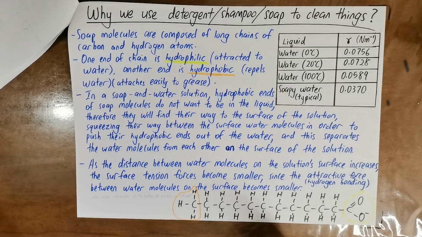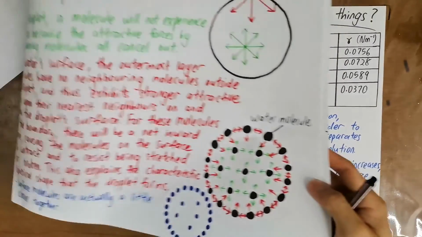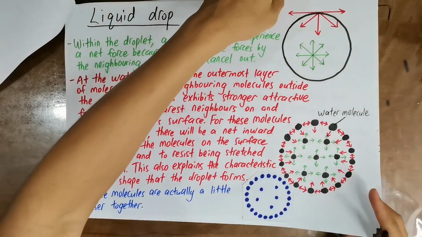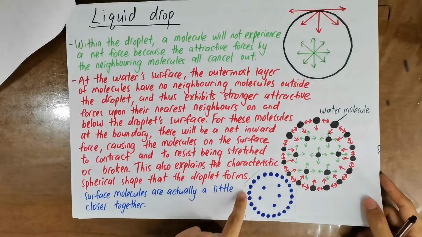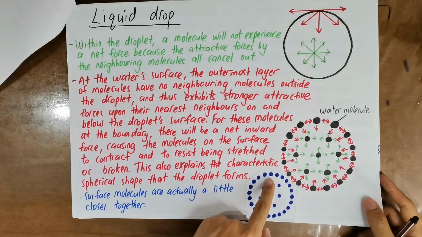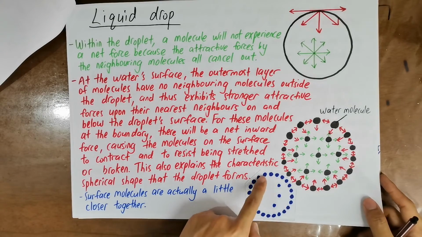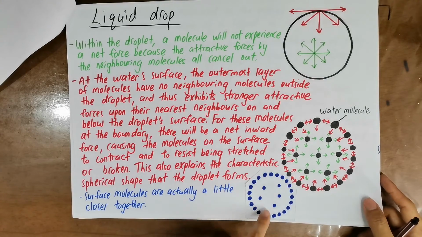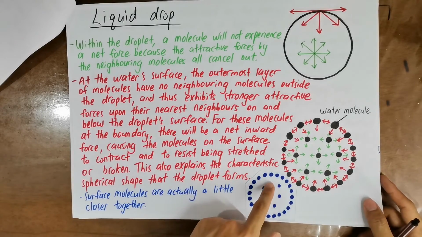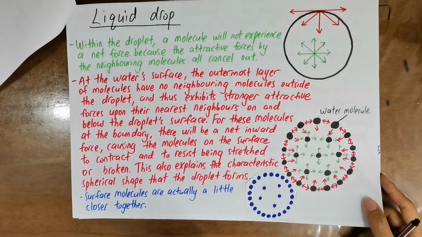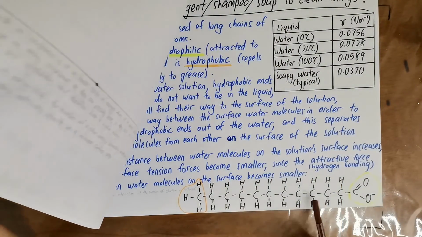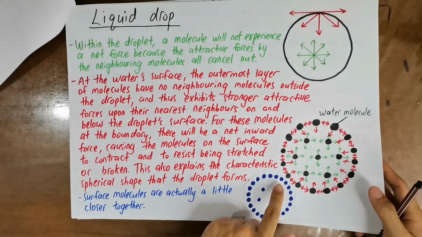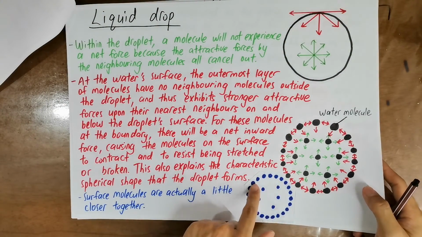Like I said just now, when you take a look at the water droplet, the water molecules on the surface will be closer to one another because the hydrogen bonding between the water molecules on the surface is the greatest compared to the hydrogen bonding within the liquid. Okay, so if the soap molecules are able to squeeze themselves in between the surface molecules,